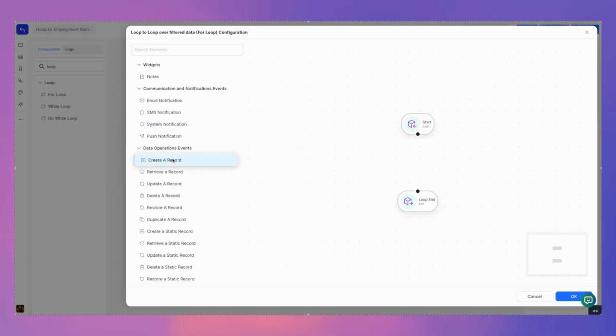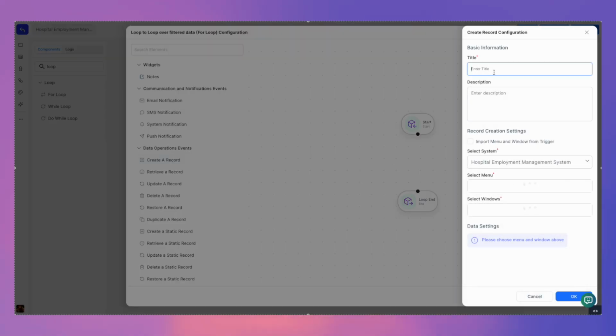Now let's configure the for loop logic. Click on the Configure for Loop button and drag a Create Record event. Give a meaningful title and description for the event and select the System, Menu, and Window where the new records